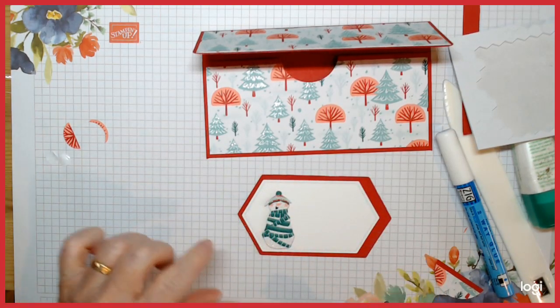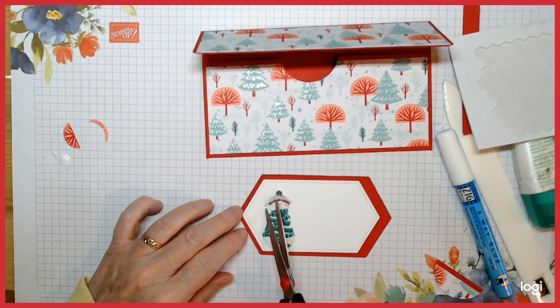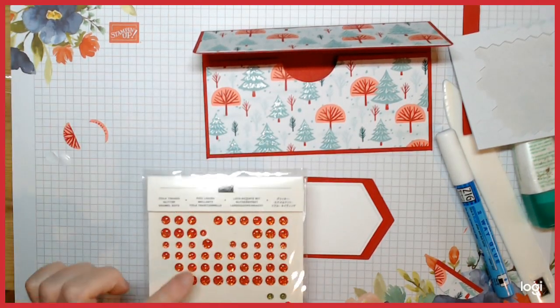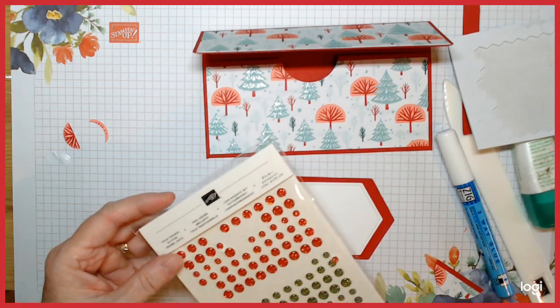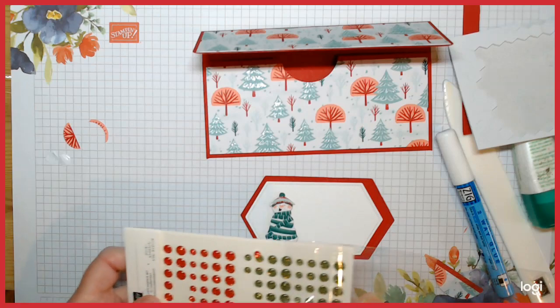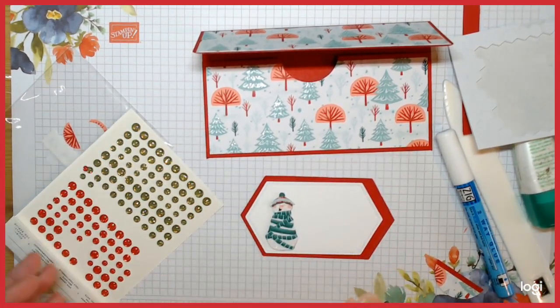And then to get the wee pom-poms, I can nearly trim that. I'm going to use the wee toe tidings glitter dots in red. You could go green, whatever. But I'm going red because it matches the...